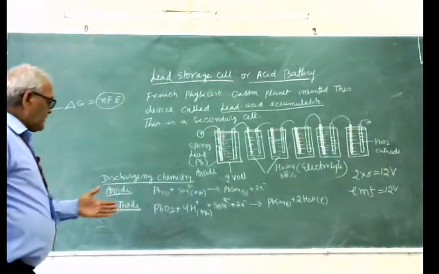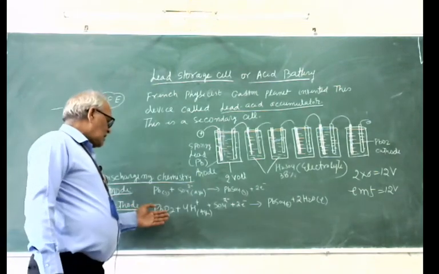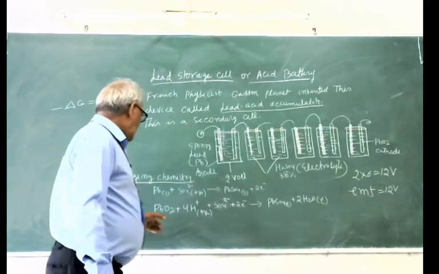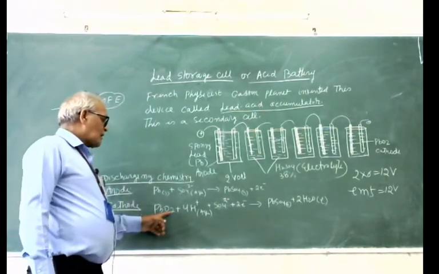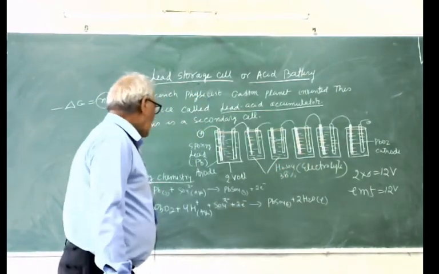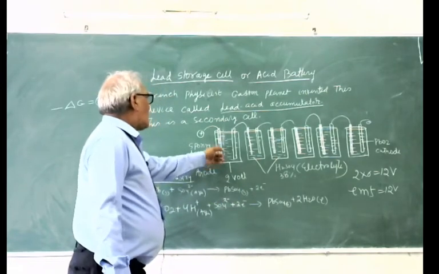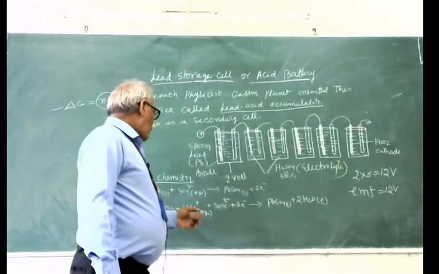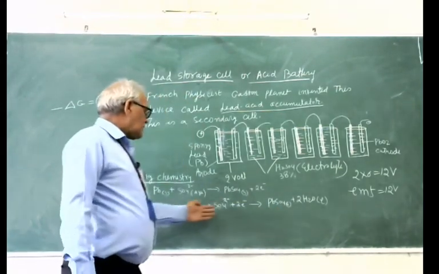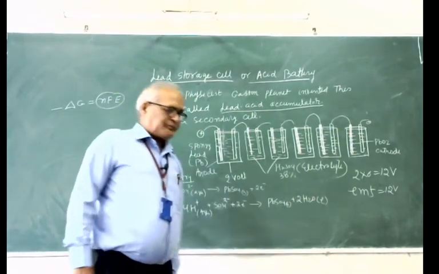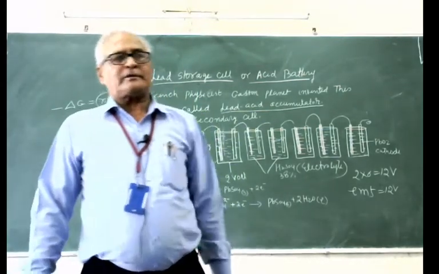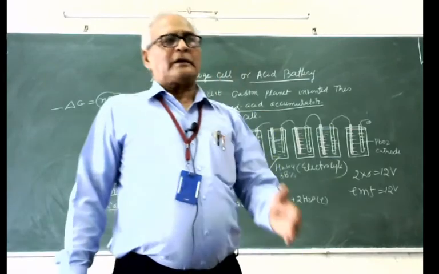Now the second chemical reaction involved is the lead oxide. Here the cathode is filled by the lead oxide. Hydrogen and sulfate ion are provided by the electrolyte, sulfuric acid. Electrons coming from the anode will change the lead oxide into lead sulfate, and the reaction is like this. Water is formed. So continuous formation of water dilutes the sulfuric acid and the chemical reaction finally ceases.